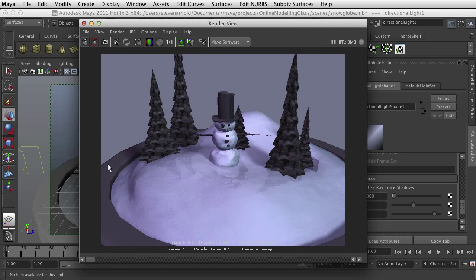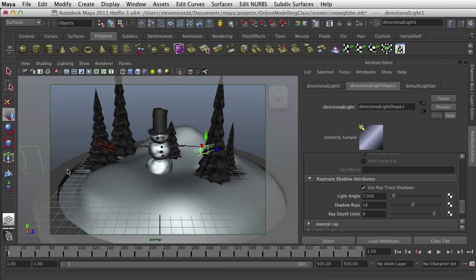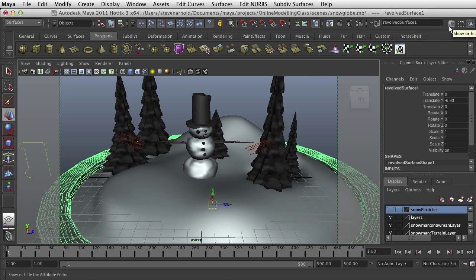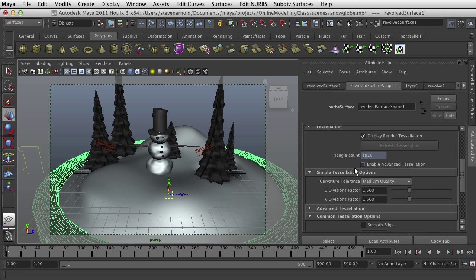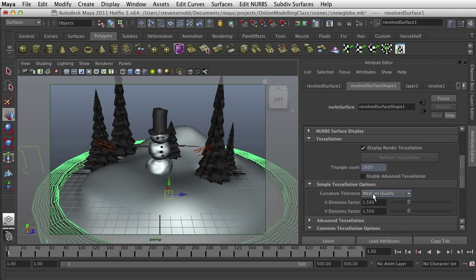So the way you do that, first let's start with the outer NURBS curve. NURBS surfaces are converted to polygons at render time, and it has to be tessellated or broken into triangles. And every NURBS surface has tessellation settings in your attribute editor. So you select your surface, you select the attribute editor, and then you'll notice in your NURBS surface you can go down to the tessellation, and mine was at medium quality, but if I take that up to highest quality,